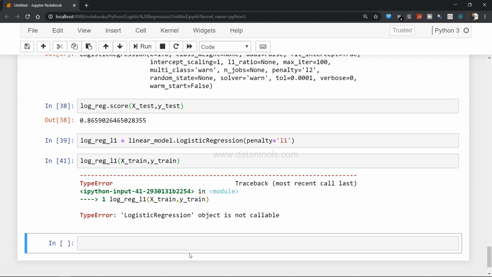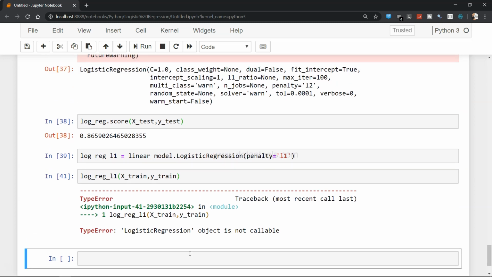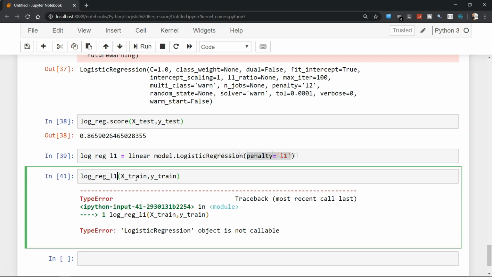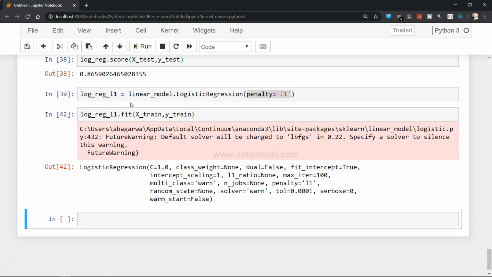Okay, so the logistic regression object is not callable, probably because I have used the penalty as L1, but ideally this should not give any issue because we are just tuning the parameter. So what we are probably not doing, yeah, fit is something we need to provide. Now it's done. So now I can check the accuracy score.